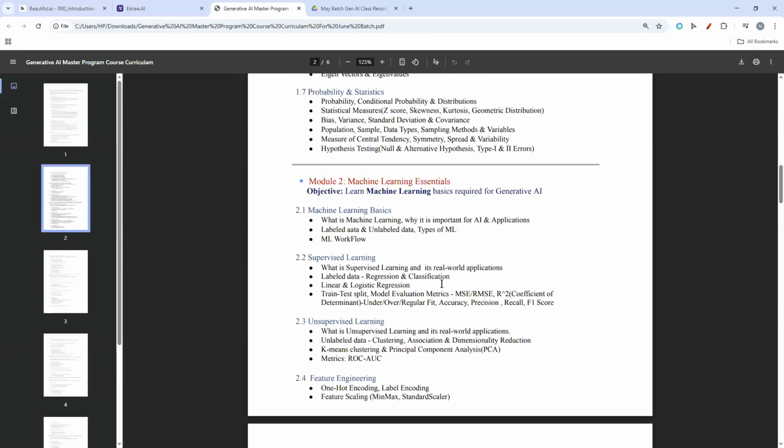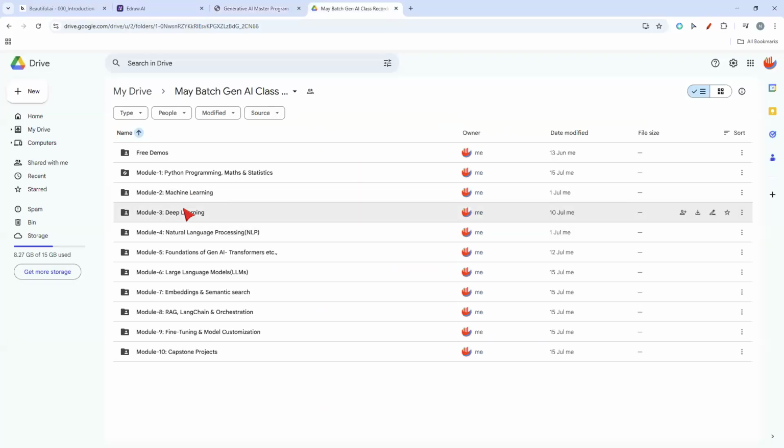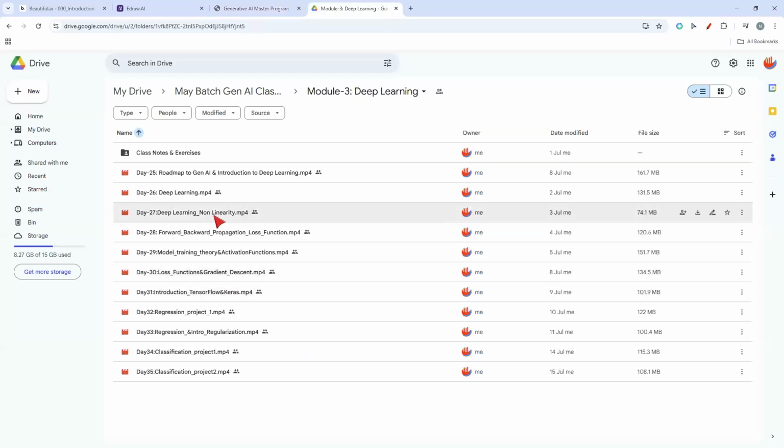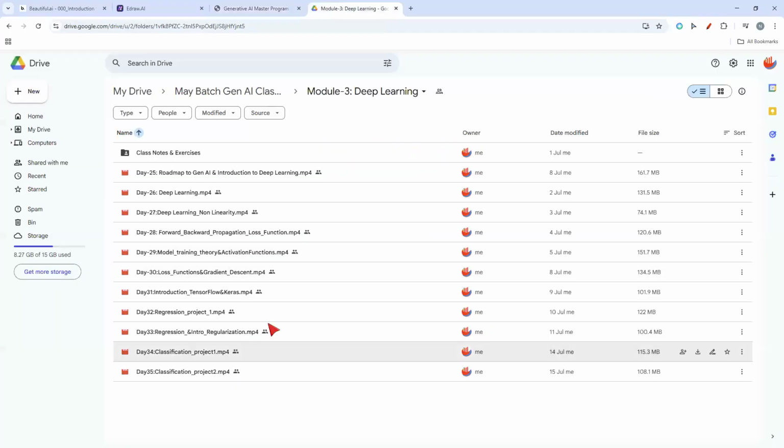You can see the difference over here. For deep learning itself, I showed you three headings: training, deep learning models introduction, and advanced architecture. But when you look at the number of hours of content we have taken and the topics, those things I did not include here. This is again a short list. Whatever you are going to learn will be in an in-depth manner, and as a generative AI engineer, you'll have to learn it.